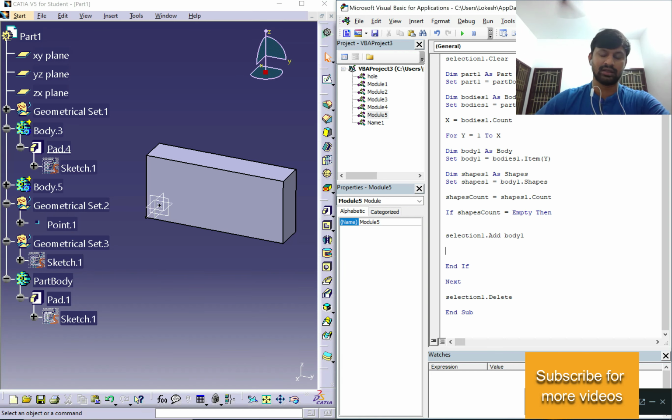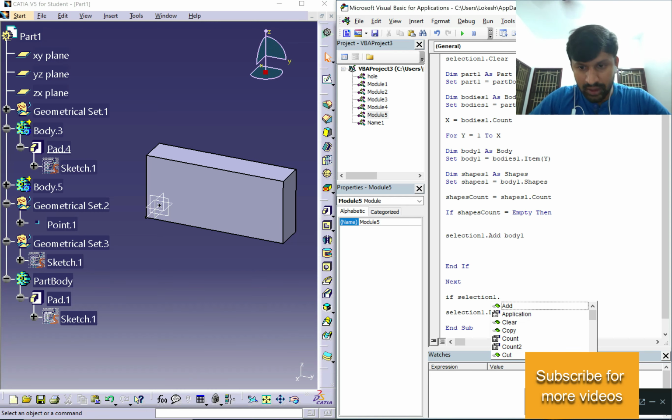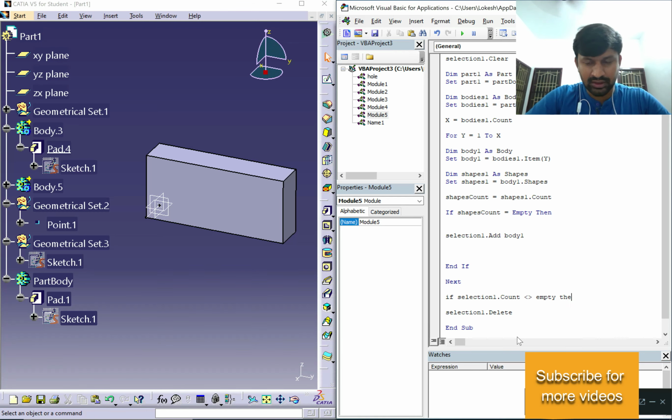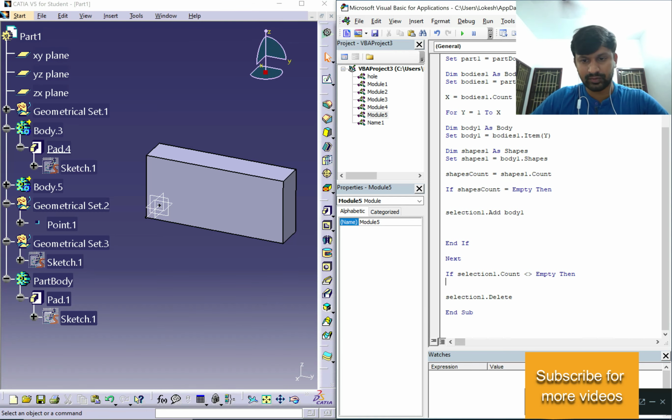How to eliminate this? So I'm just going to add one more piece of code here: If Selection1.Count not equal to empty, then Delete, and End If.